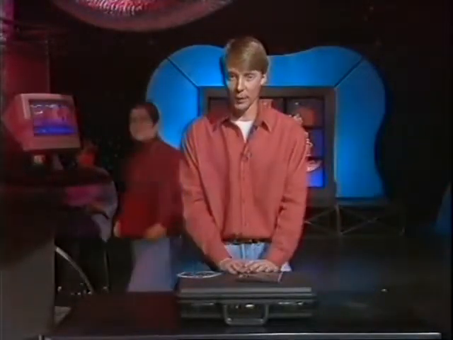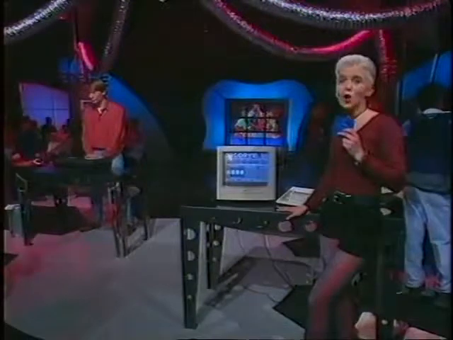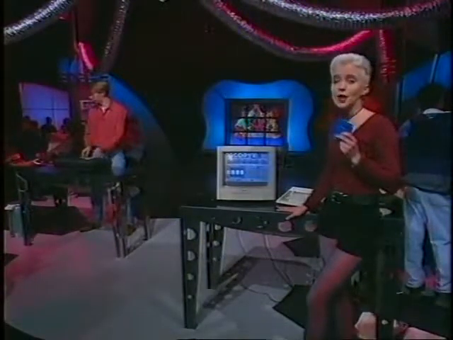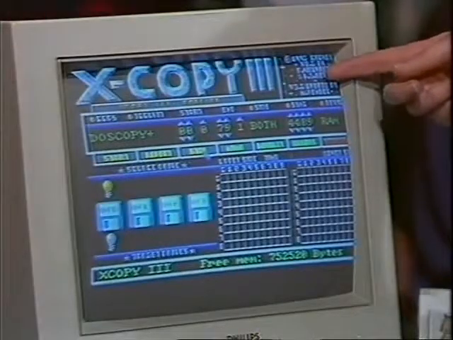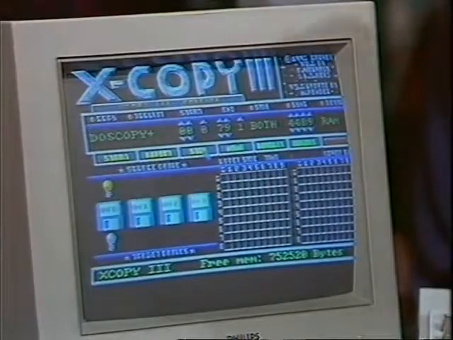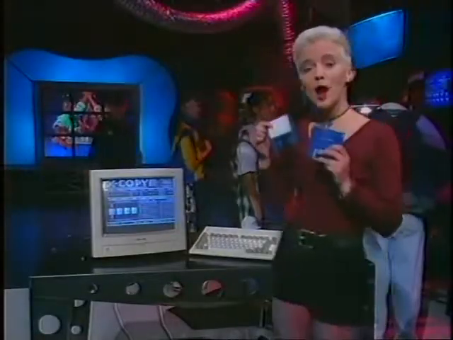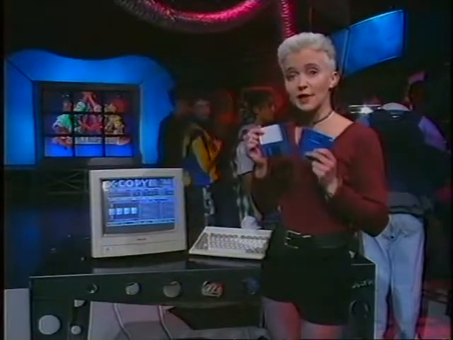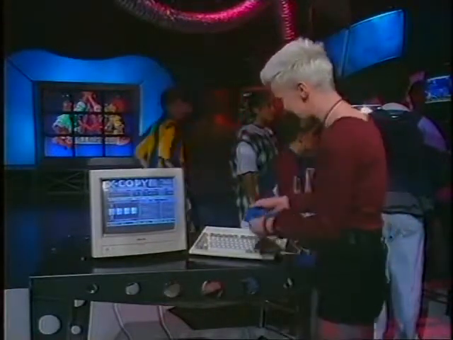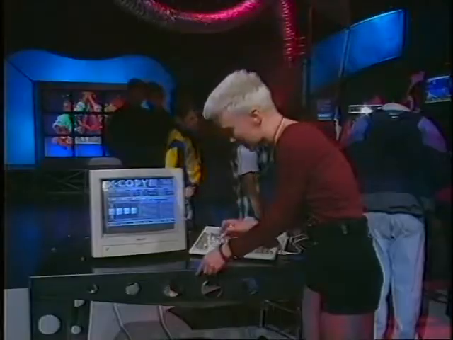A protection that's been built in can be taken out. Although this disc is copy protected, a copy program like this one can copy everything on it onto a blank disc. The result? A perfect copy, but with the protection still in it. Now, what I've just done is strictly illegal, so I'm going to destroy the copied disc.